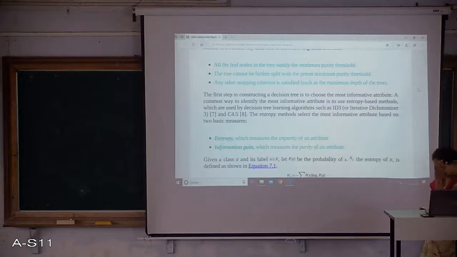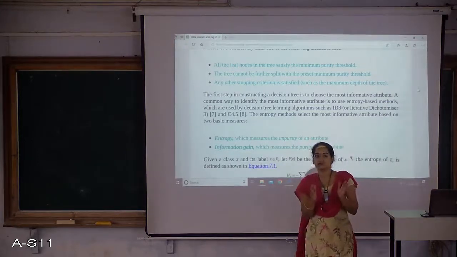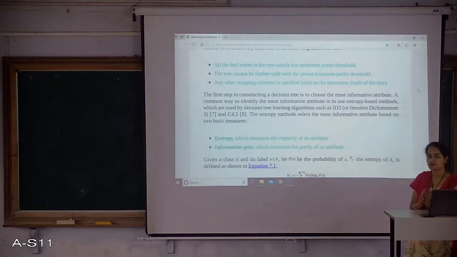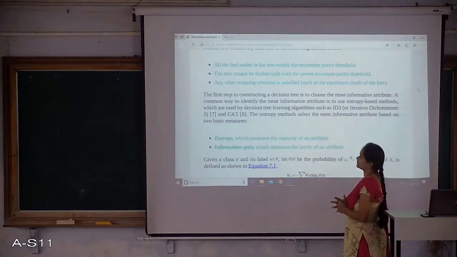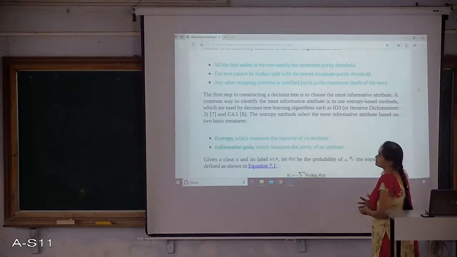Suppose when I am splitting, a particular node has only around 50% of the data falling into it. Further splitting is not possible because all are falling into the same node, so I can stop. The tree cannot split further with the preset minimum purity.